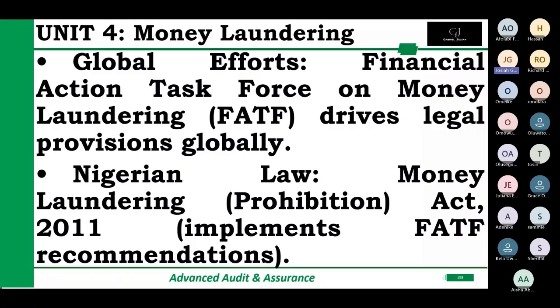Most of these task forces are collaborated with to ensure that investigations are carried out, and most of these funds are proven to be laundered, and also the task force helps with proceedings and procedures to be met to repatriate such funds back to